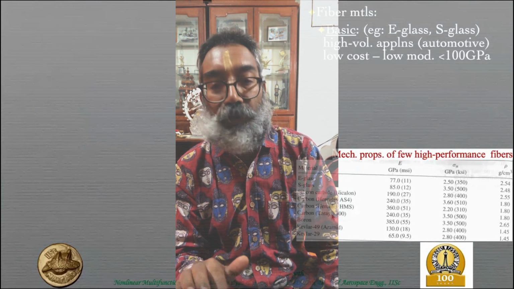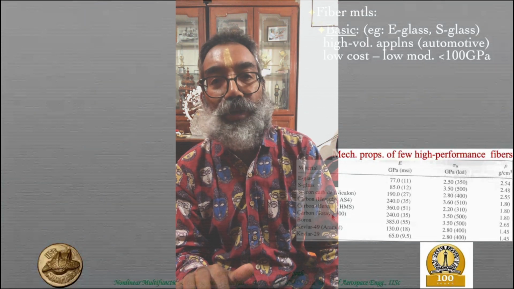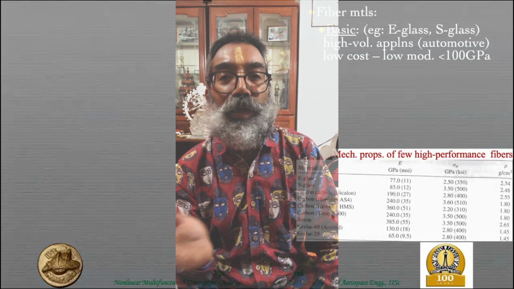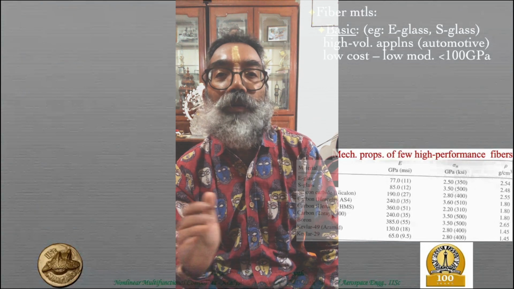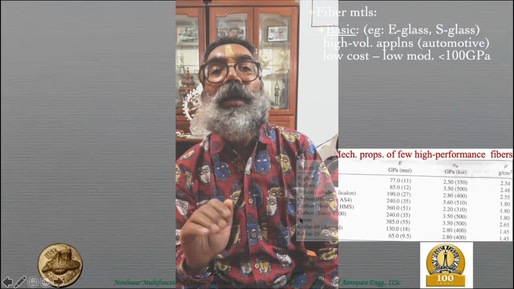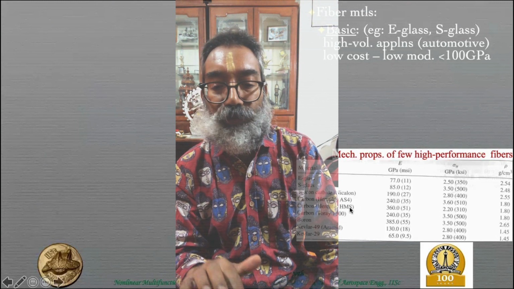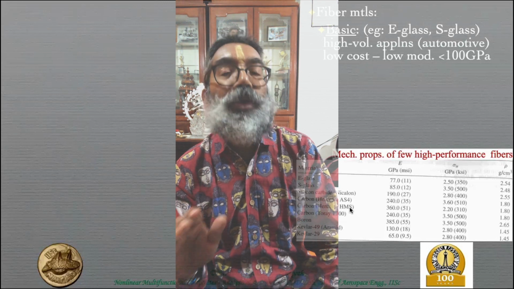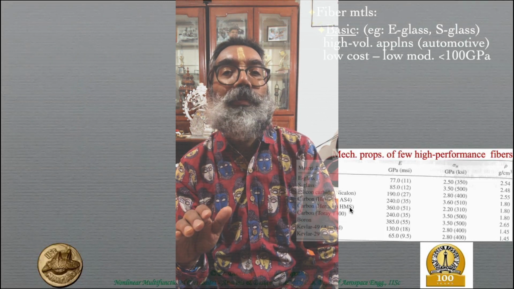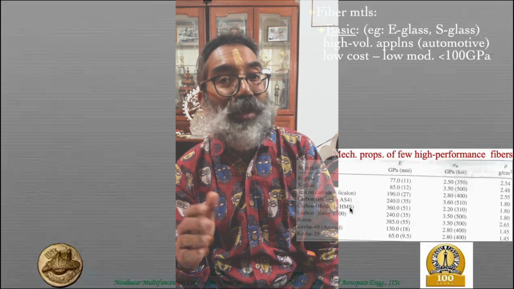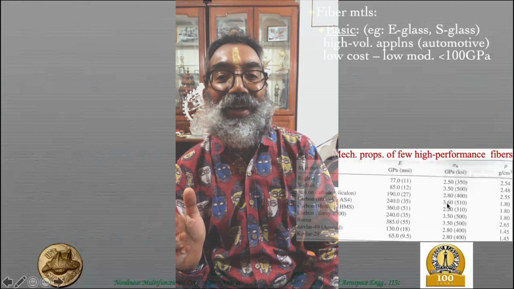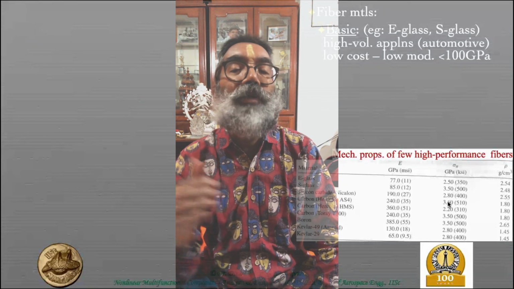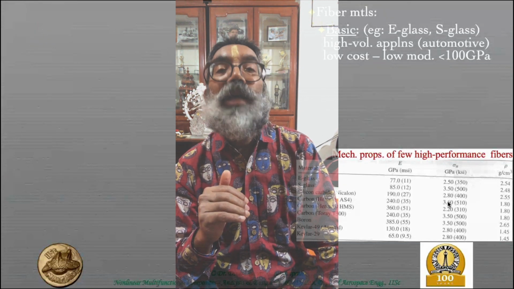When you have a metal fiber in a metal matrix, for example, a titanium and aluminum kind of composite, you have both the fiber and the matrix having very large ductility. But even though the top few fibers are all predominantly brittle, you are still willing to live with it, because the matrix in most cases is epoxy, a thermoset matrix which is also brittle, but the strengths are so high that you're willing to live with it